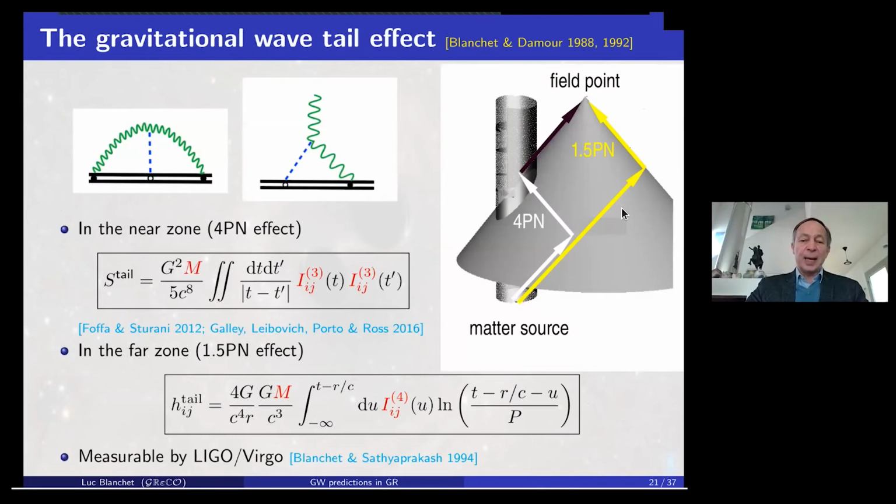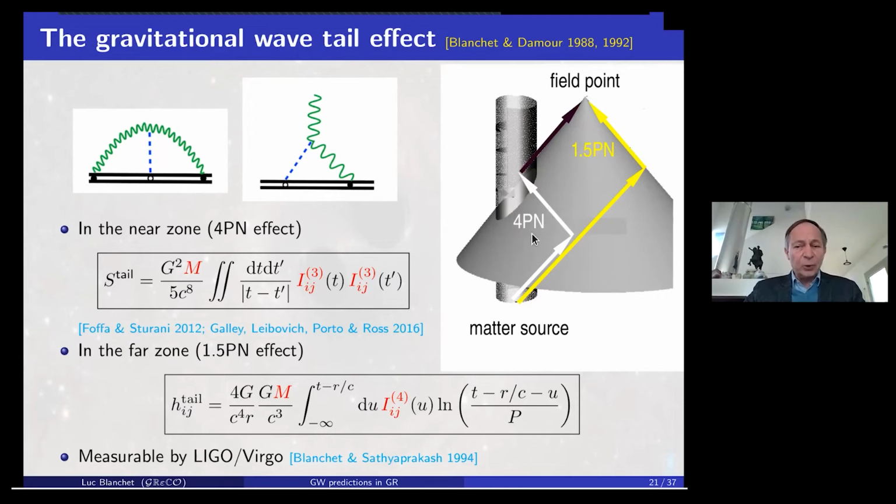And these formulas are used to compute nonlinearities in the field, notably the tail effect. The tail effect, you will have a part of the waveform which is scattered by the mass due to the presence of the source, which curves the space-time, and in first approximation, you will have a scattering with the total mass of the source. And this is a 1.5 PN order in the radiation field. But this is a 1.5 PN order in the equations of motion beyond the radiation.